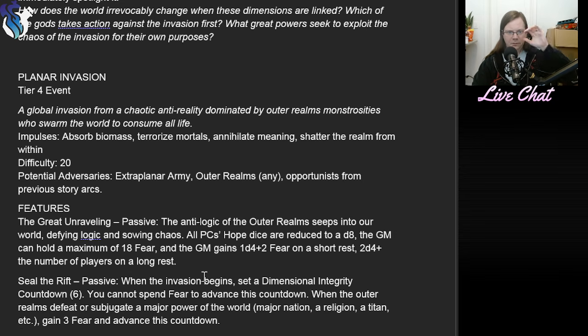That way, the GM can't be like, well, this is a countdown and I have a bunch of fear and it says in this one part of the book that you can spend a fear to reduce a countdown. Or I don't want that. When the PCs save a victory against the incurred